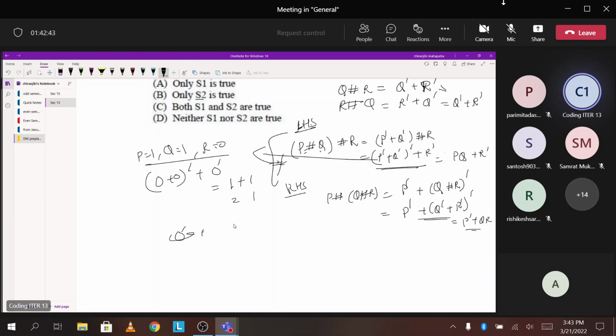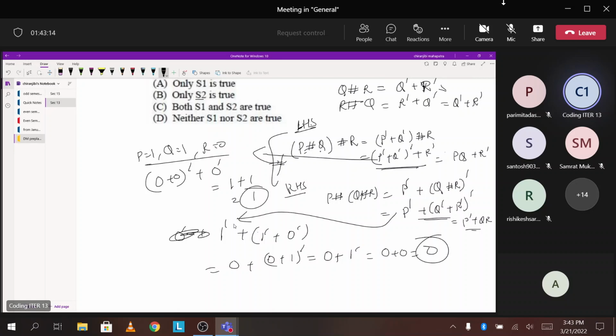1 dash, sorry, यहाँ से 1 dash plus Q dash, Q is your 1, 1 dash plus 0 dash, 1 dash is 0 plus 1 dash is 0 plus 1, ठीक है, whole dash, 0 plus 1 is 1, 1 dash, that is equals to 0 plus 0, that is equals to 0. So here I am getting 1, here I am getting 0, so they are not equal. This way of proving is giving the counter example, ठीक है।